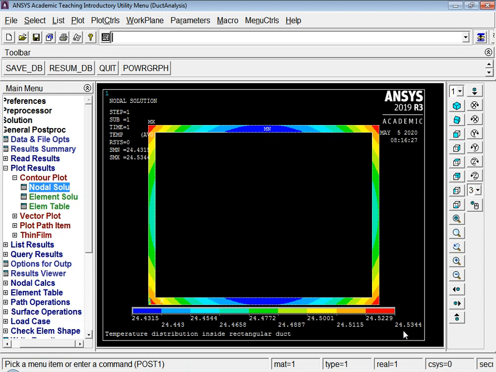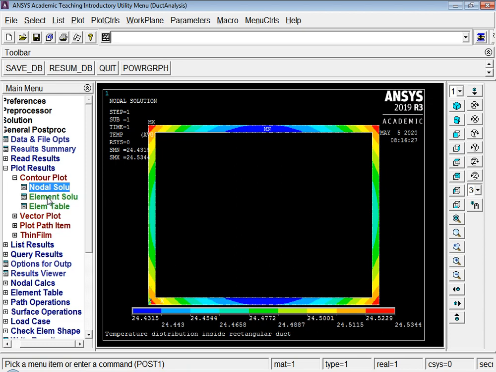The aim over here is just to understand how the heat transfer happens through the cross section. So this is just a simple example which we considered, and the analysis that we get is in front of us. The temperature variation is very slight because we have a very small delta T, 45 degrees outside and 12 degrees inside. So it attains a temperature somewhere in between, around 24.5 degrees Celsius.